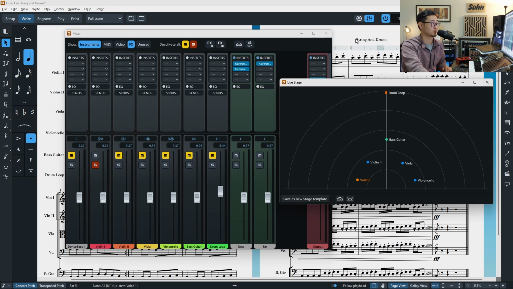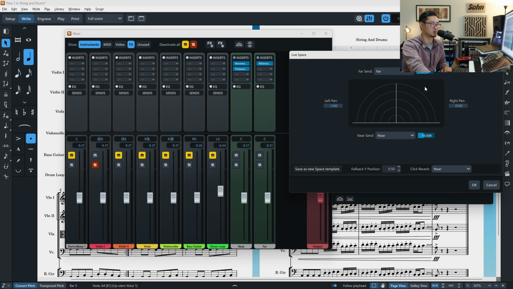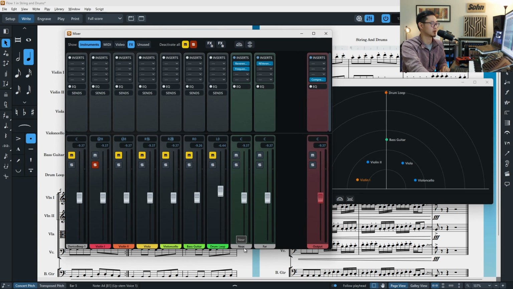So that live stage is powerful, but in conjunction with that, there's a y-axis, which if you go to the back of the stage, it does some really cool things in terms of the effects, and this is all done through the live space. The live space basically gives you 2 different sends that you can choose from, and these 2 different sends you can mix and match to do different EQ type of changes, reverb changes. So in this instance, I have a near and a far effects sends that I've made, and in the frequency